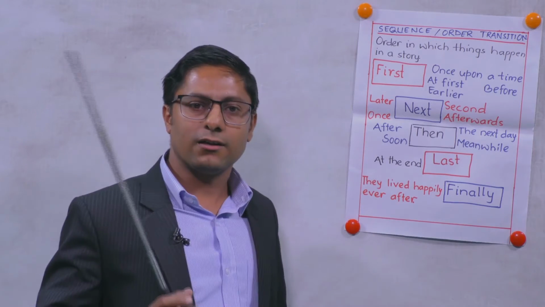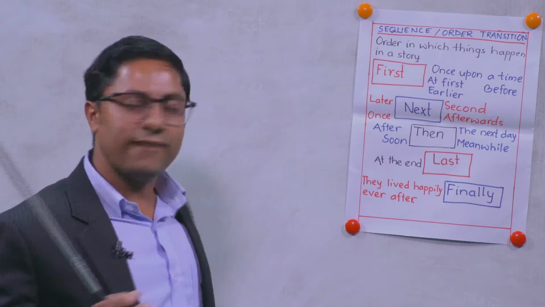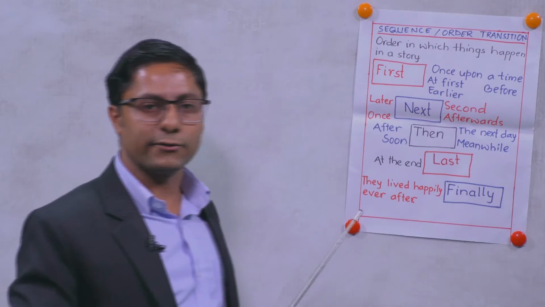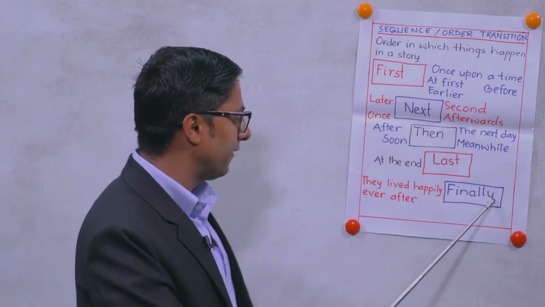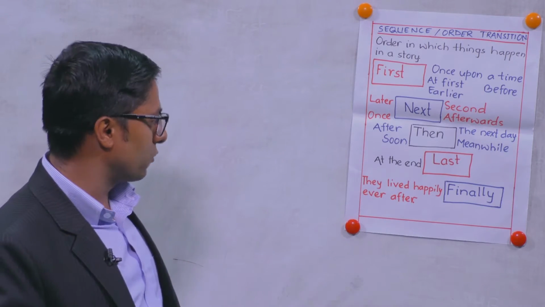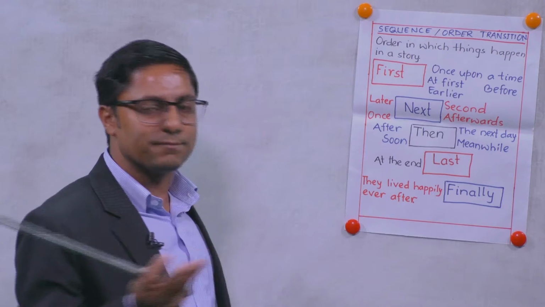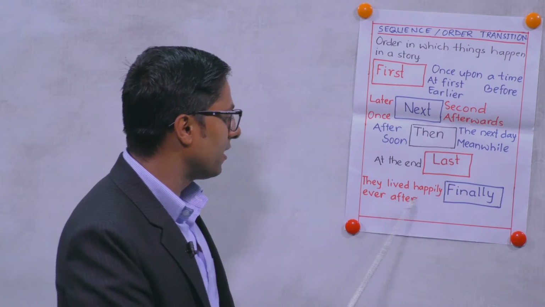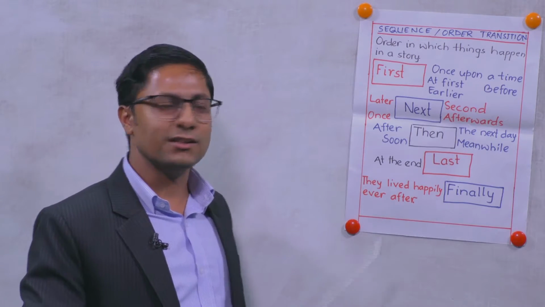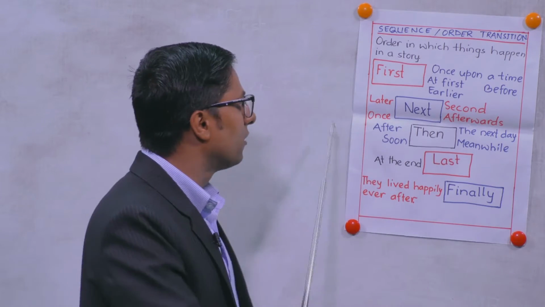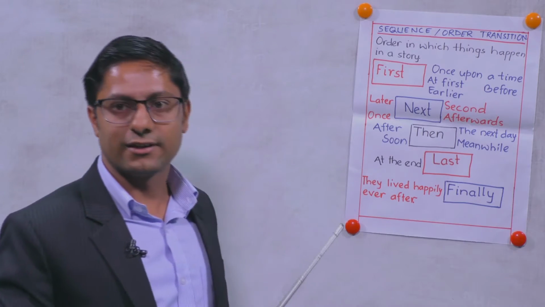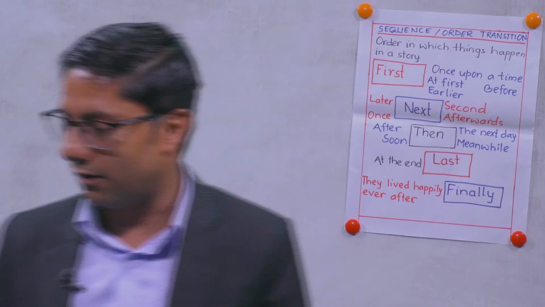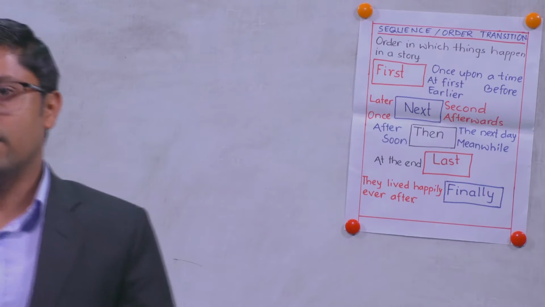Similarly, for the concluding event or final event, you can use the transition word finally. But instead of finally, you can also say, as in many of the stories you might have read, they lived happily ever after. So in this way, transition words of sequence or order can be used to recall the past events. Dear students,